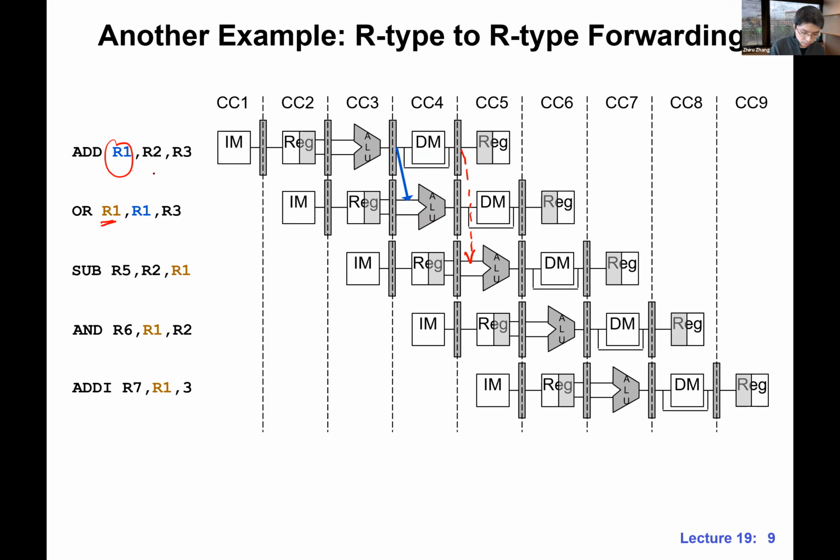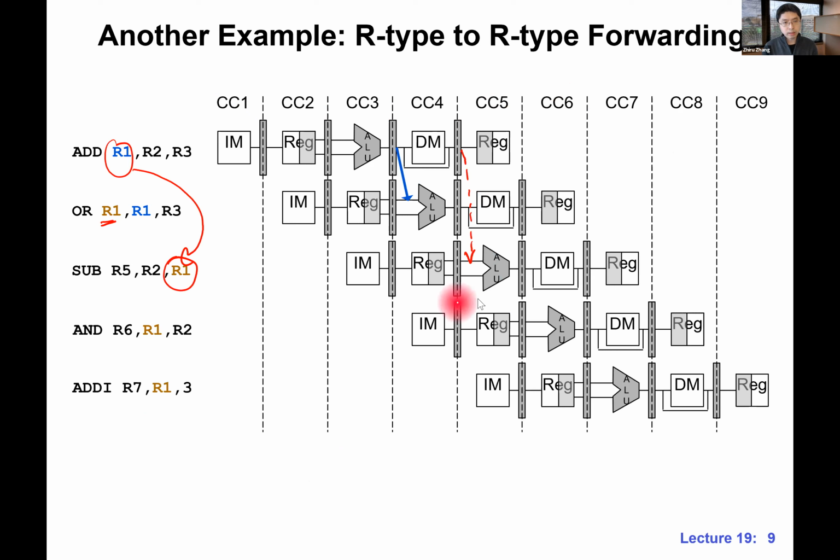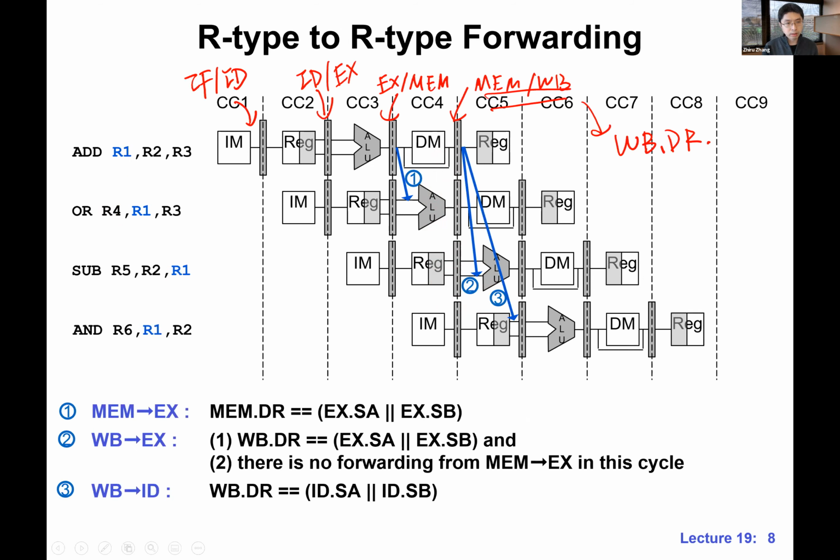Do we want to forward from here to here? No, bad idea, right? Because R1 is already being updated by the second instruction, or. But if you look at this forwarding path, indeed we have a match here. Just to be clear, look at this dashed line. You check this path and come back to these conditions. This condition is true. We do have a match,